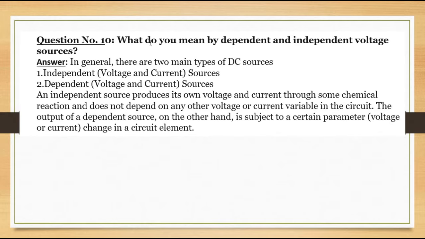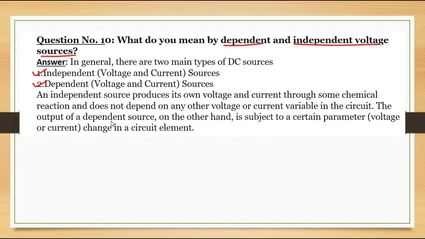Our question number 10 is, what do we mean by dependent and independent voltage sources? Now, in general, there are two main types of DC sources. The first is the independent voltage or current source, and second is dependent voltage and current source. An independent source produces its own voltage and current through some chemical reaction and does not depend on any other voltage source or current variable in the circuit,